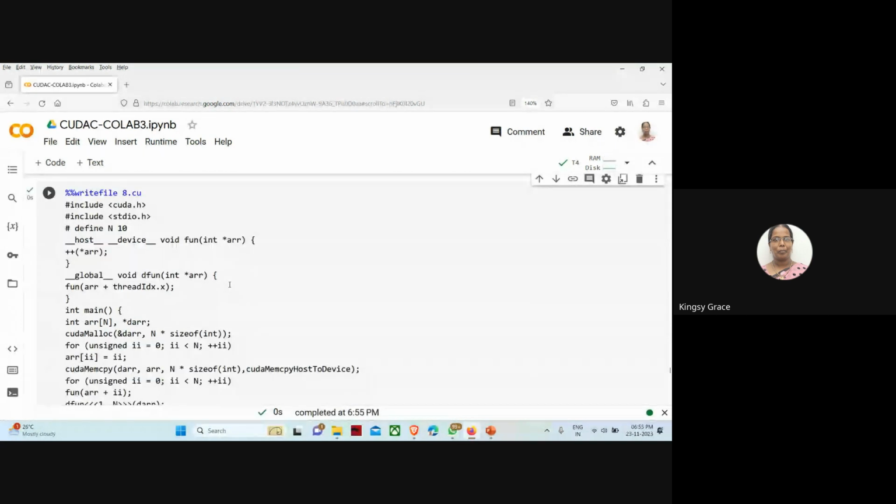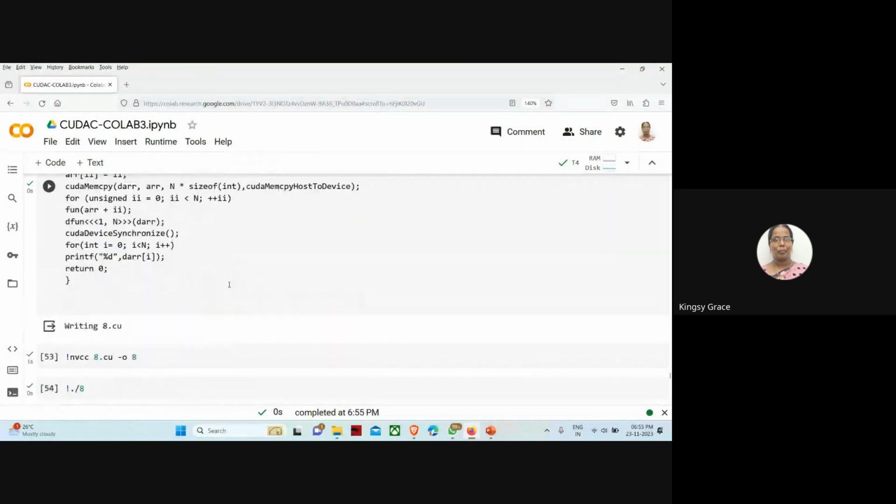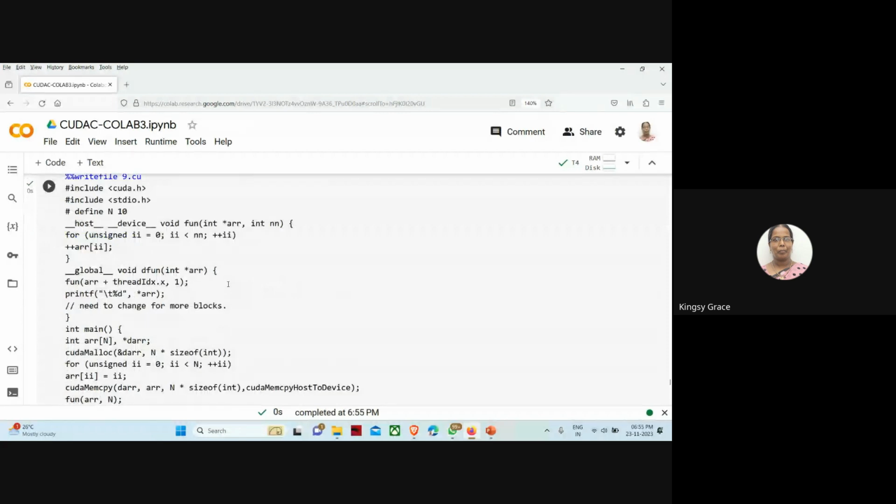So if you want to give slash t, like in your C program, it is printing. Okay. So here in this program, it is using the thread. So here array thread idx comma 1, because here you are having two variables. Two variables have been given, values have been given here. After that,